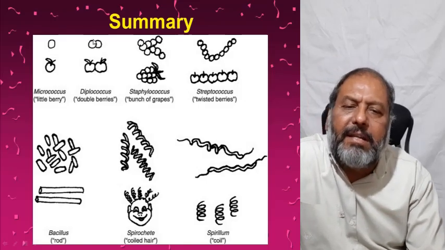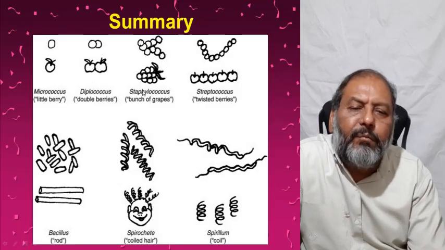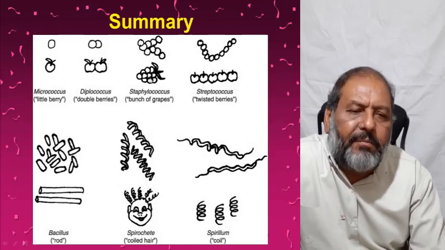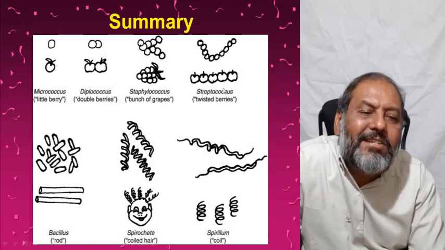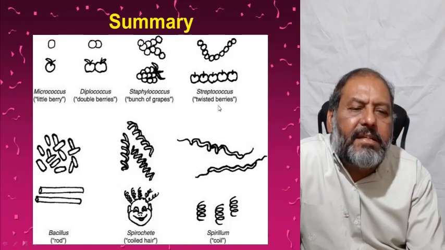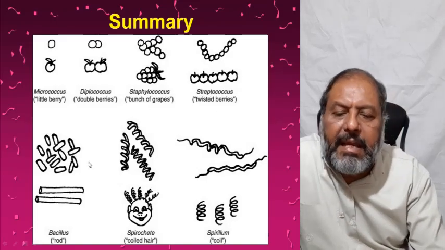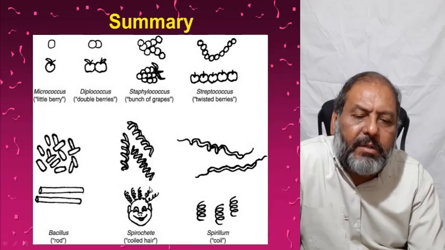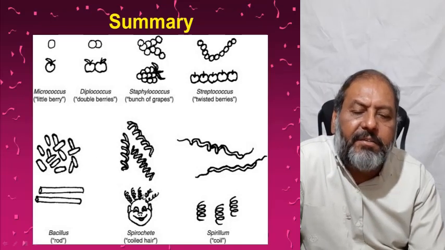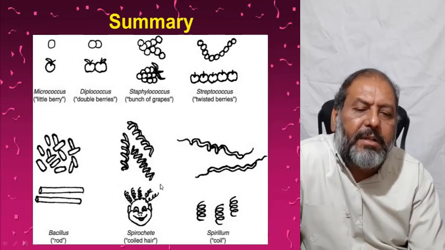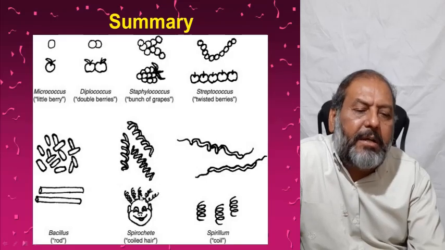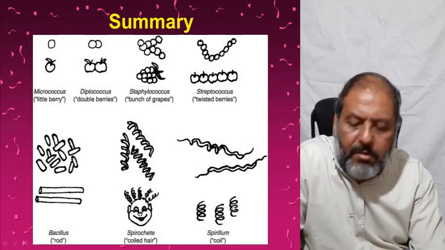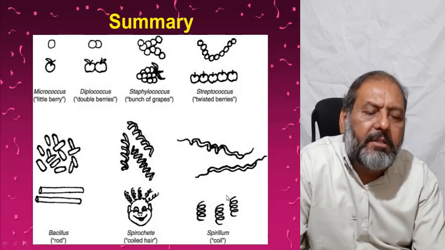So the summary of the bacteria is, as you can see, the berry-shaped cocci, diplococci, when two berries are combined together, when they are in clusters, the berries in clusters, these are the staphylococci. When they are in chains, the berries, these are the streptococci. And here one can see the bacilli, the spirochetes, as you can see the coiled tight hairs of any person, so that gives the spirochete shape, and spirillum just like a spring with very tight coils, so that is called